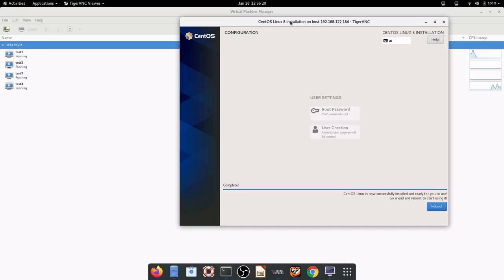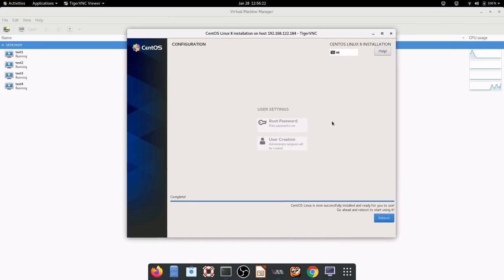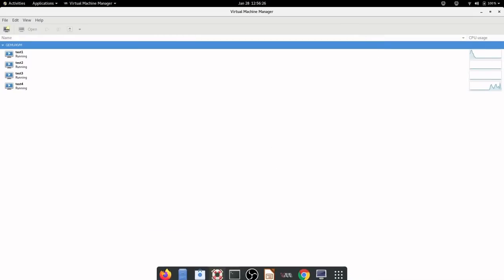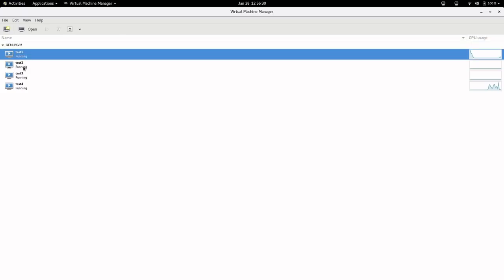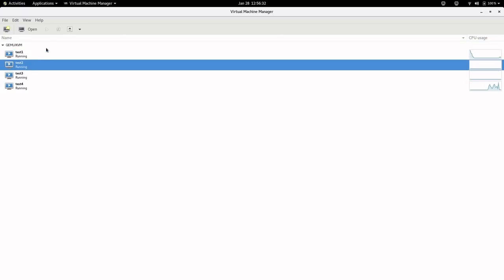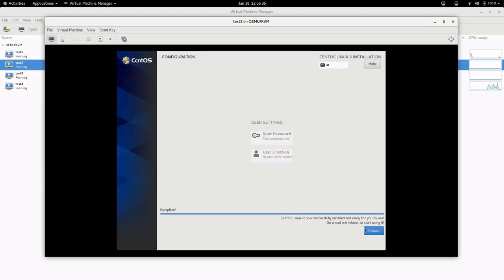Oh, this is done. So this machine which I started with the PXE boot is ready. It's coming up. Then what about the second one? Test 1, test 2, test 3. Let's open the test 2 machine. This is also ready. Great. So the second machine is also ready.